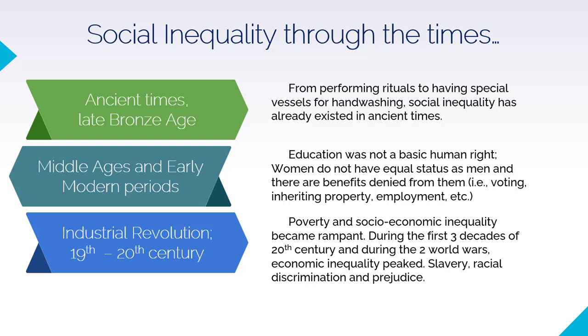Slavery is also a norm during these time periods. It was a norm that a prominent person of high status owns a slave or slaves in his household. Racial discrimination and prejudice against people of color were also widespread. Racial segregation was employed in the USA from the 1880s to the 1960s. It is a system of segregating facilities and services for white people and people of color. This system was outlawed by the Civil Rights Act of 1964.